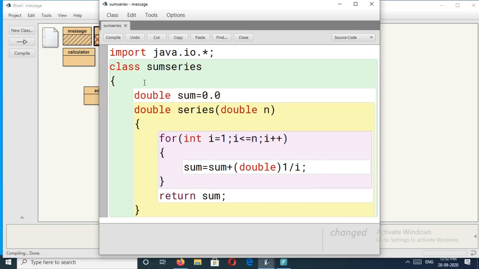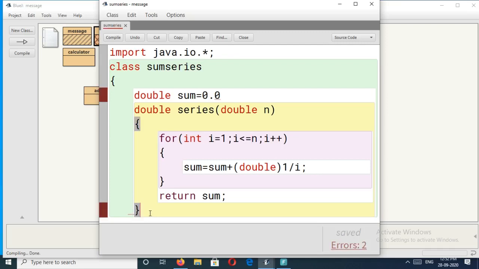Understood all of you? Then the next step is to print the value, but here there is no void keyword. The return type of this function is double. Because of that you have to use one return keyword. If it is void, we have to write system.out.println. Understood all of you? Then we can close this function.